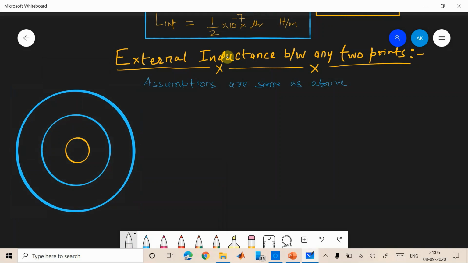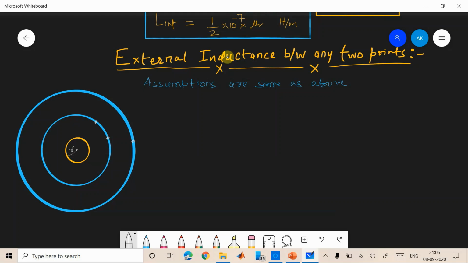So I am drawing a small r radius conductor. This is your conductor radius, a small r. Okay. Now let us suppose 2 points A and B. Your A point is here and your B point is here. Let us change this point. Instead of that point, I am writing here point A, okay, so that there will be no confusion.